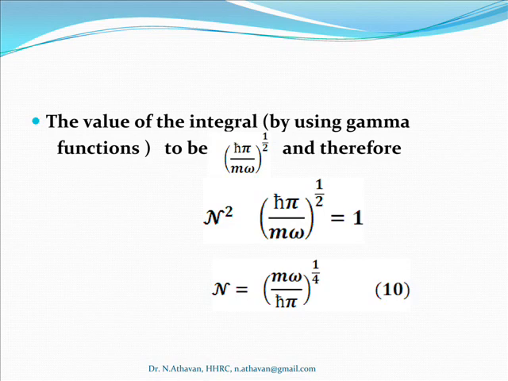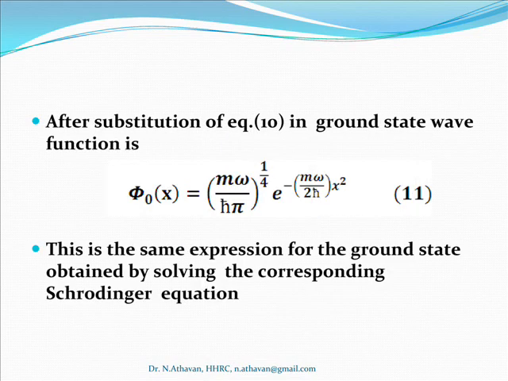This can be evaluated by using the gamma functions, and therefore we write N squared into root of ħπ by mω is equal to 1, or in other words, N can be written as (mω by ħπ) to the power 1/4. After substituting the value of N in the ground state eigenfunction, we get